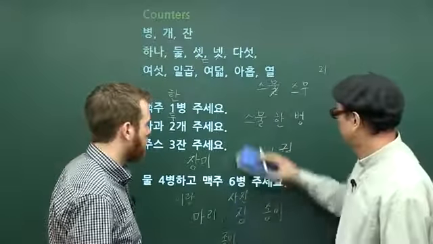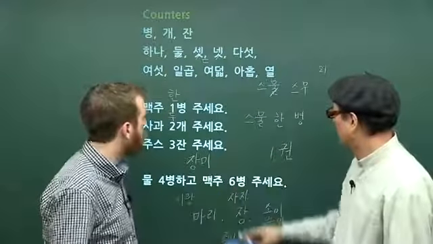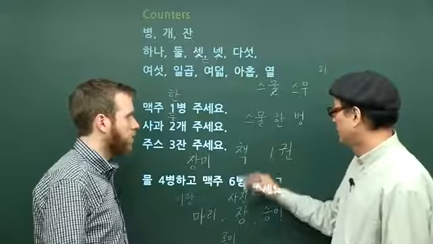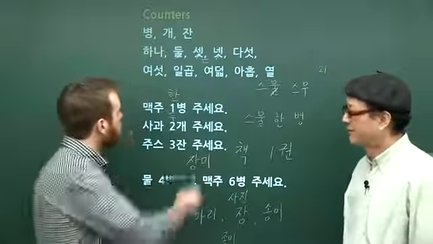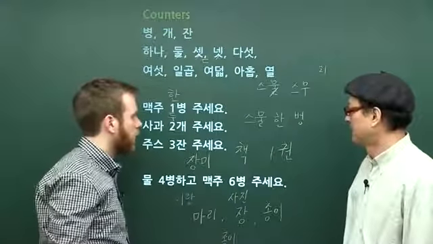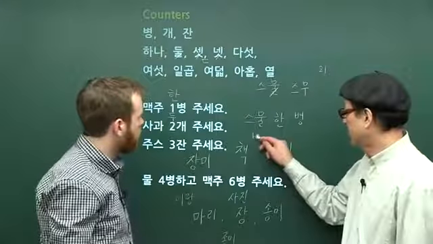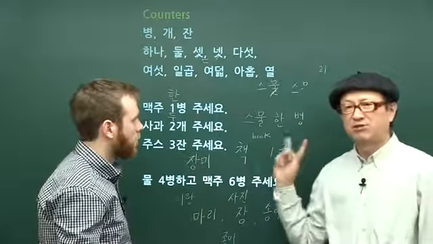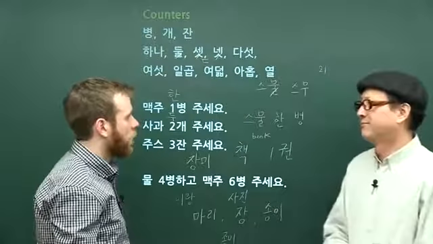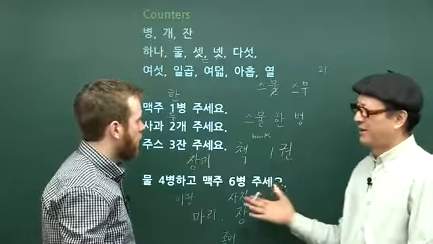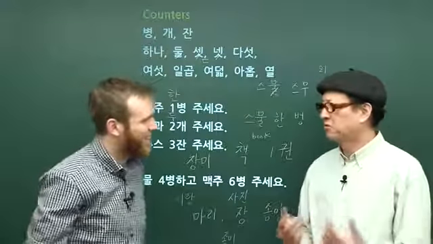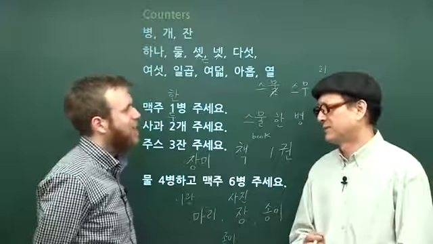그래서 Is there any special counter for coins or something like that? 코인은 그냥 개. Okay, so we can use our inanimate objects for that. 그래서 이게 책이 북이에요. 책 한 권, 책 두 권, 책 세 권. Okay. 이렇게. 근데 이거 많아요. Many counters. 그러니까 이거는 it's like understand the culture 같아요.